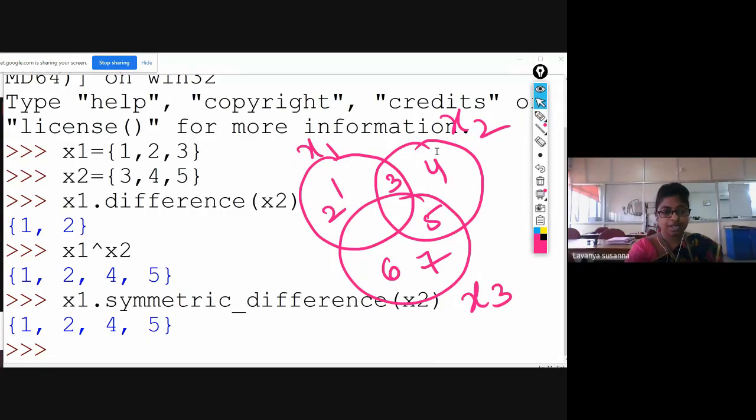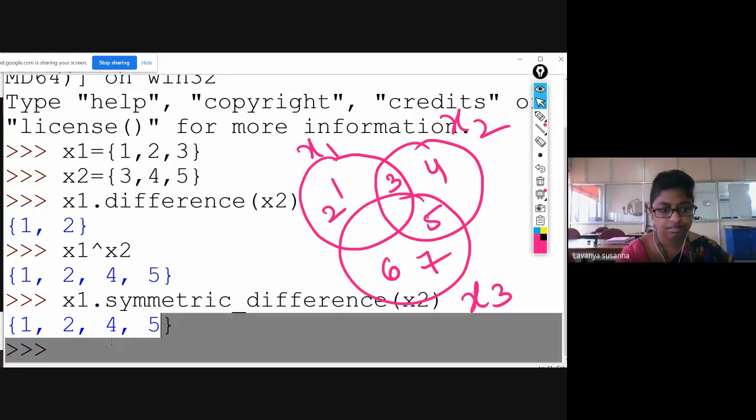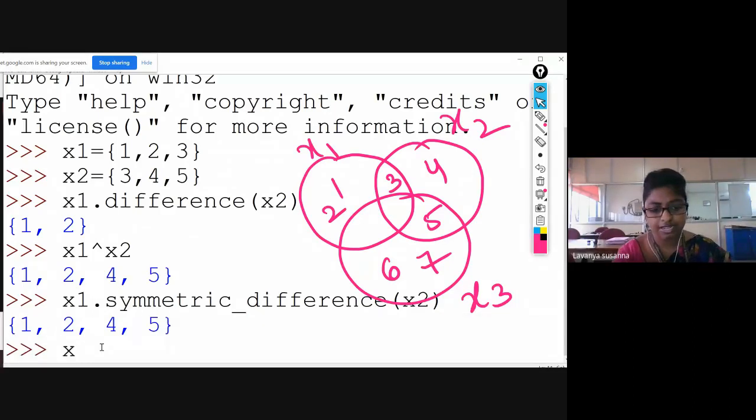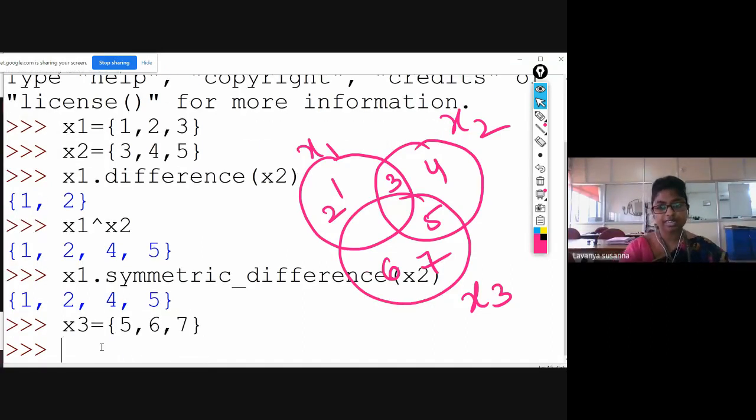Already I have created x1 and x2, right? Now I am creating x3. x3 equal to {5, 6, 7}. Now see the Venn diagram, you will understand the common objects. From x1 and x2, there is a common object, 3. Coming to x2 and x3, there is a common object, 5.